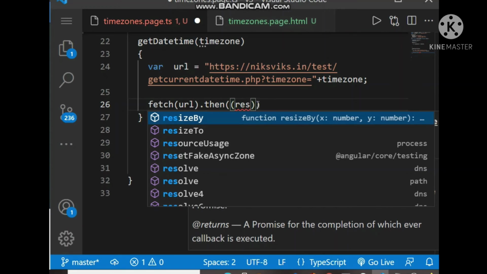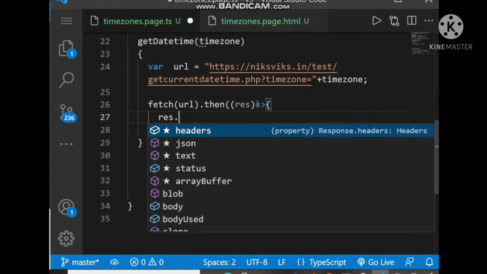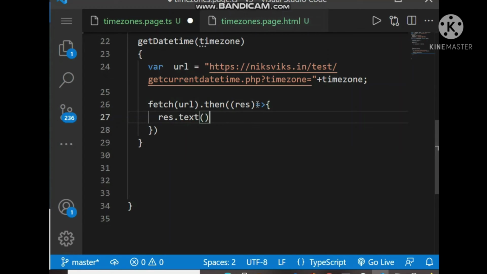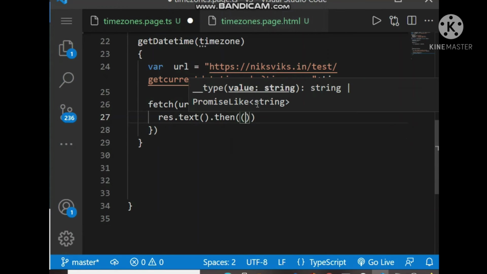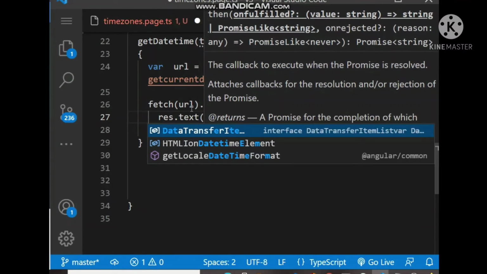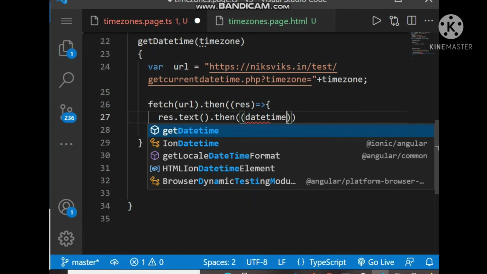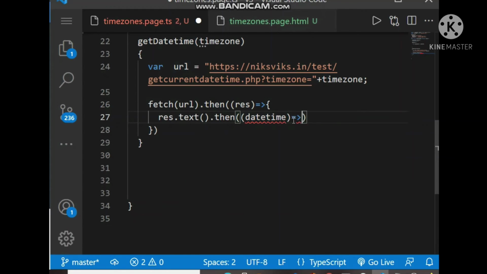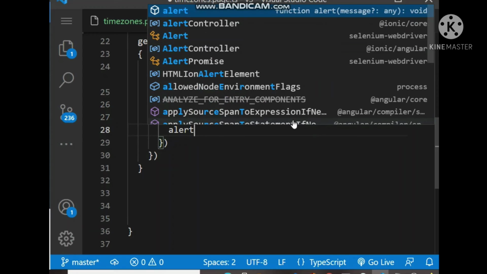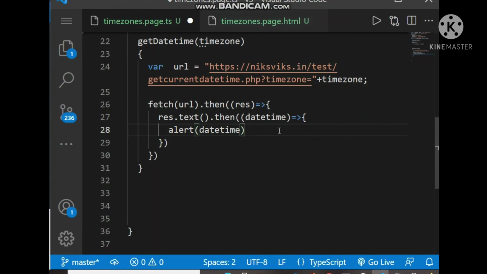So inside the promise we have response.text, and it also returns a promise, which includes the date time. And we pass the date time in the alert function, and it will alert the date time.